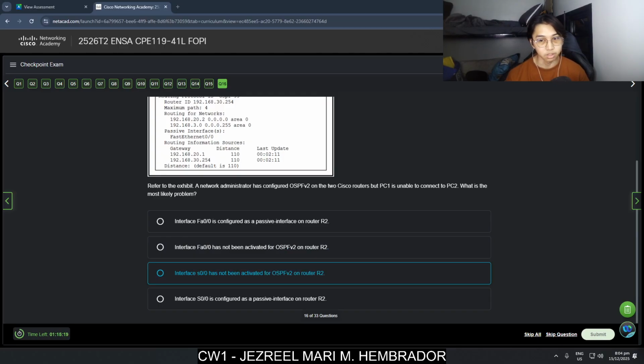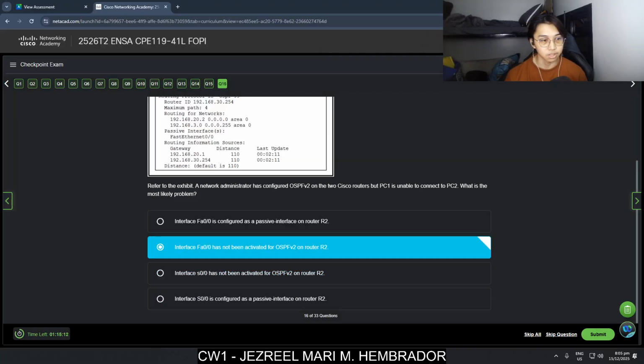Interface S0/0/0 has not been activated. I think it would be interface Fa0/0 has not been activated for OSPFv2 on router R2. This is because if a LAN network is not advertised using OSPFv2, a remote network will not be reachable.